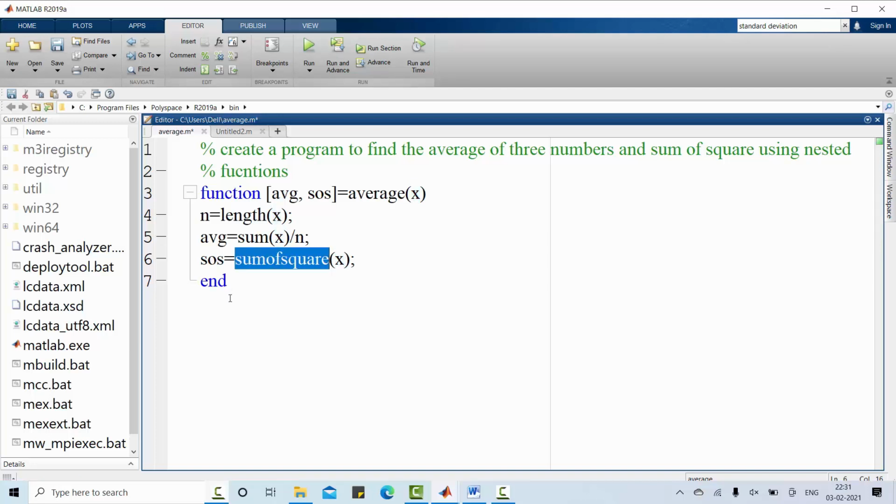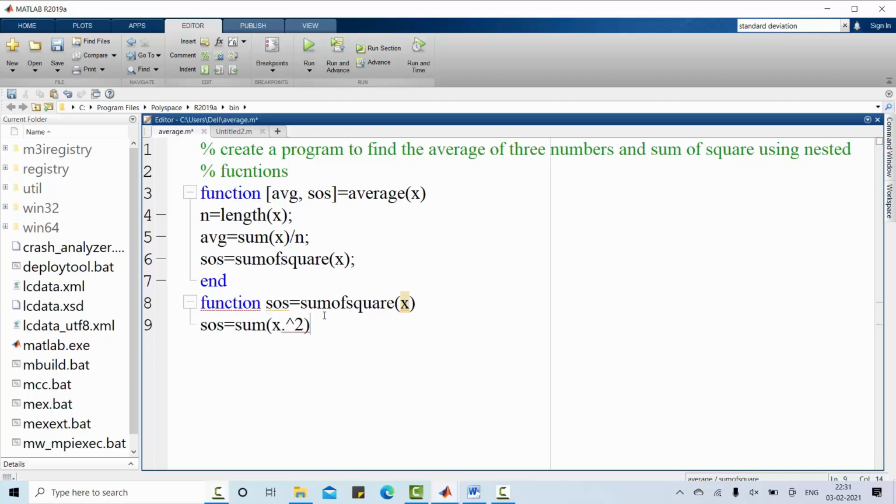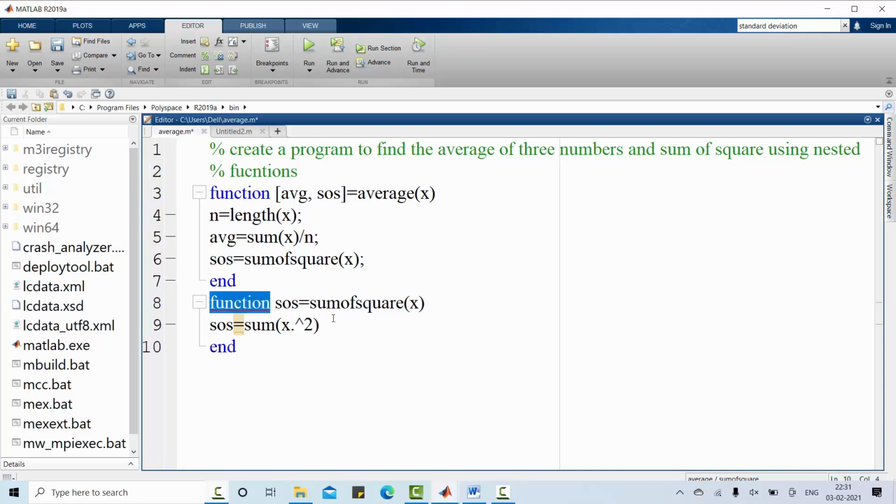So where can I do that? I can create one more function here as SOS, which is equal to the same function which is available inside this function. Now I'm making it separate in order to understand the nested function.